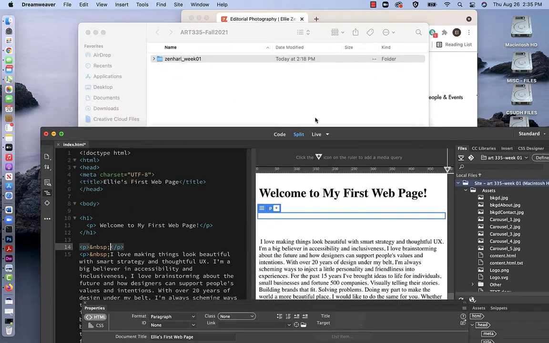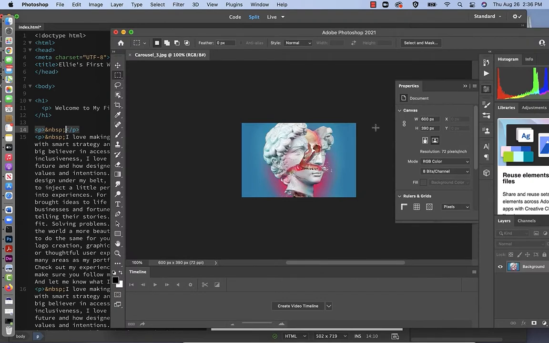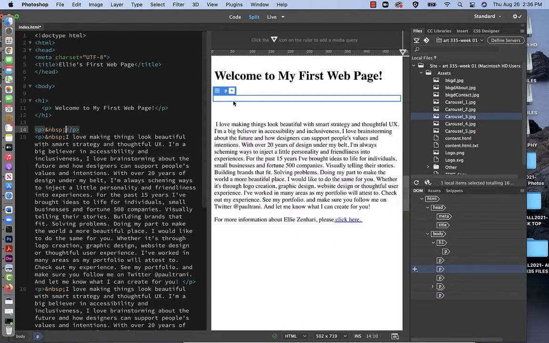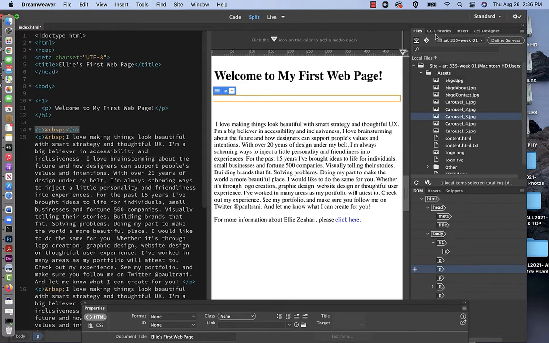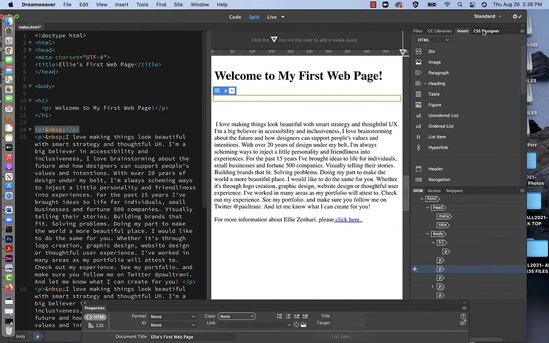So I'm going to, let's see what picture I'm going to add. Maybe I'll just add any of these. Eventually I'm going to show you how to make a carousel, but for now we can just use any of them. If you click it and double click it, you actually can see the photo, what it is that you're looking at. So from here, we're going to talk about these options later, but as you can see, there is